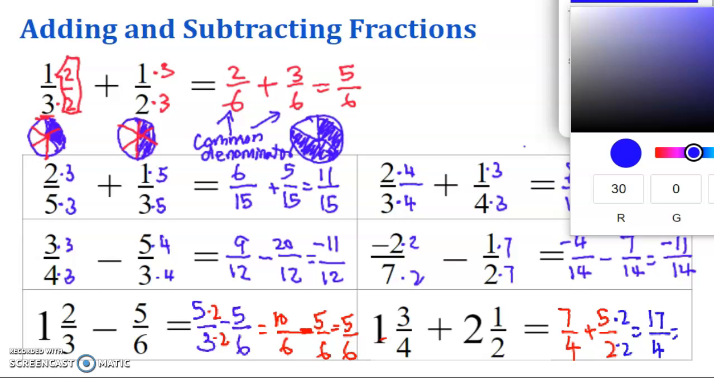And because it's my final answer, I do want to convert to a mixed fraction. How many 4s go into 17? 4 times 4 is 16, and 17 minus 16 is 1, so it's